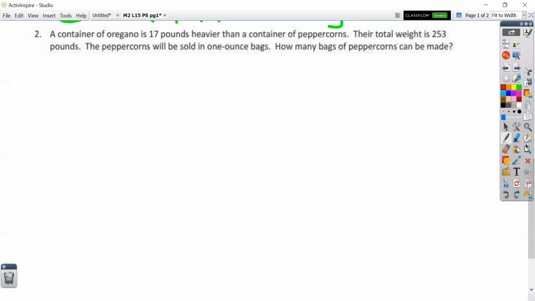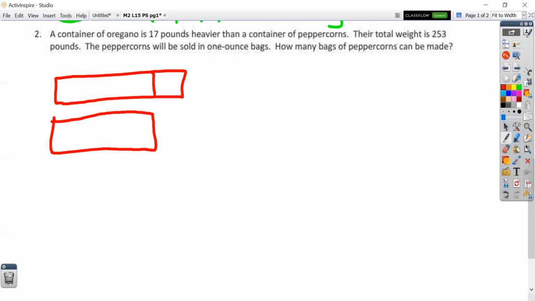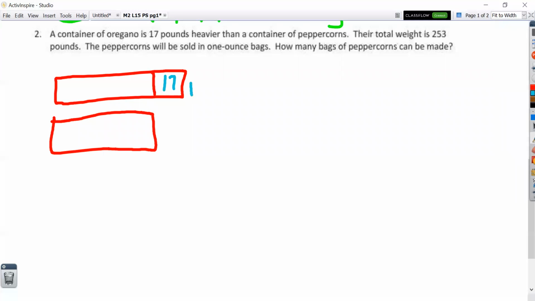Sometimes when I read a word problem like this and I'm like, whoa, I think it's time to draw a picture to help me understand it. So these are the ones where I really like tape diagrams. So I know oregano is 17 pounds heavier than peppercorns. So I'm just going to draw a tape diagram that shows 17 pounds heavier. But we know altogether,